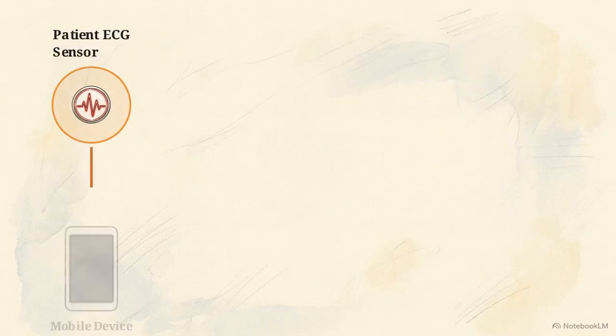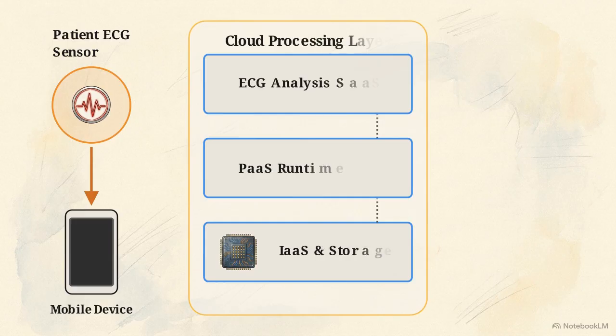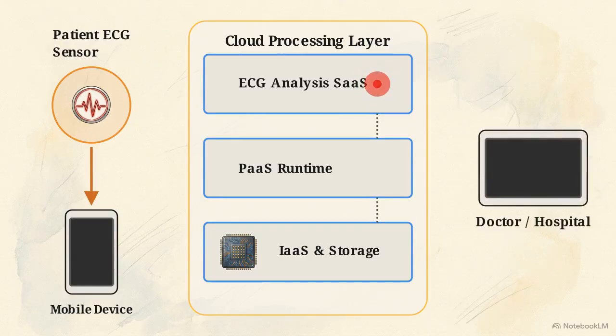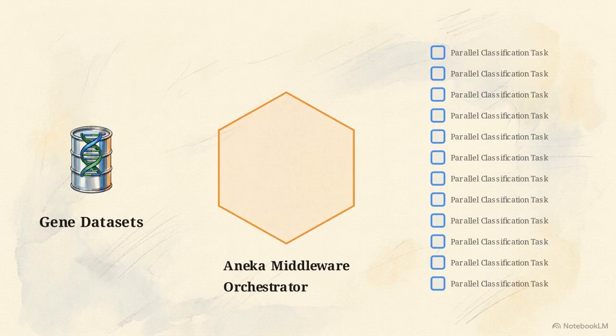This architectural flow illustrates how cloud primitives assemble into a healthcare ECG monitor. The system starts at the edge with the patient ECG sensor and flows into the cloud processing layer. Continuous biometric data transmits from the edge sensor, hits the cloud storage, and is analyzed in real time by PaaS instances. If an abnormality is detected, the runtime instantly pushes